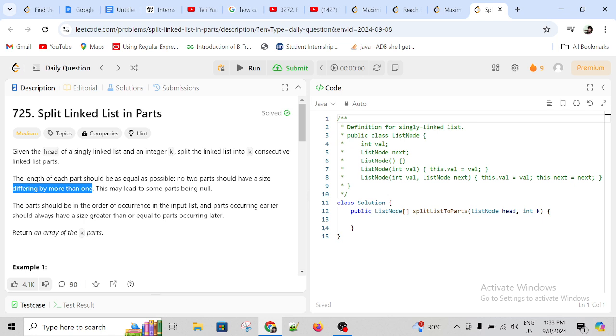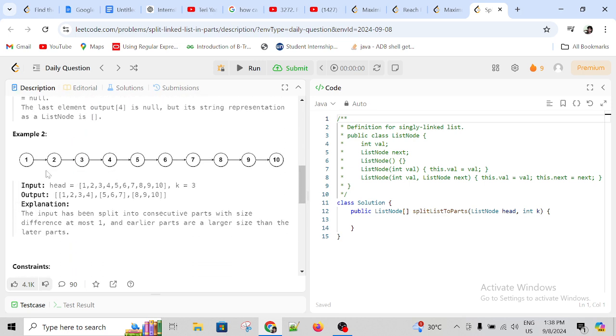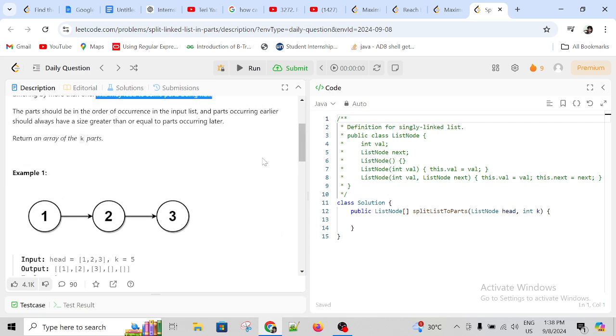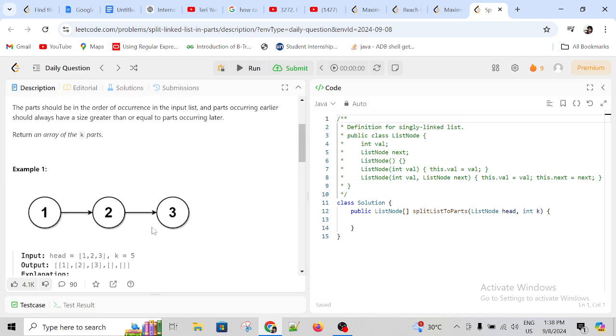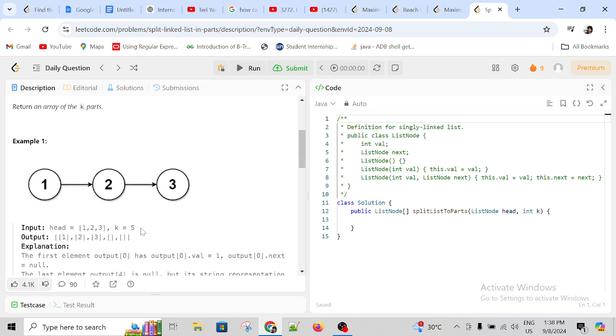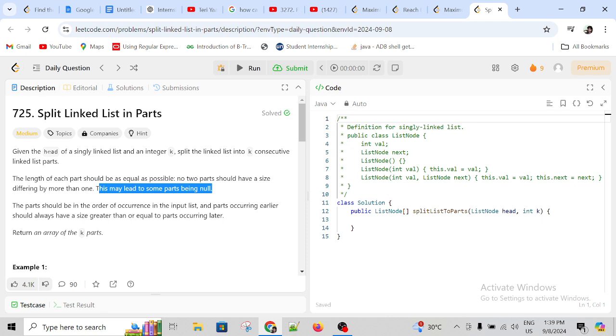It means that either of them can have at most one size greater than the previous one. This may lead to some parts being null. You can see here, see example number 1. Here the head is given and k is 3. So 1 2 3, and the other two parts are null. So that's why it's saying that this may lead to some parts being null,